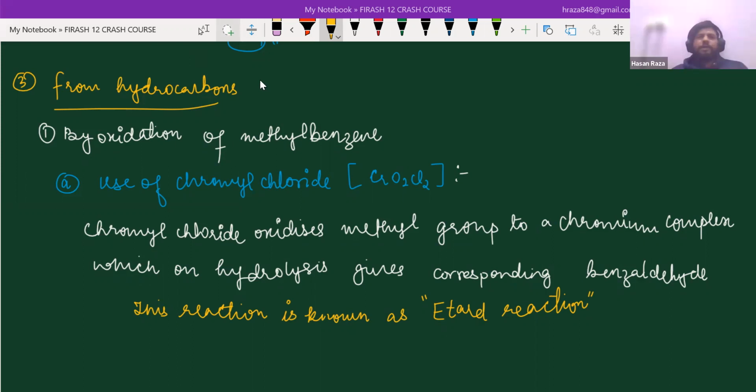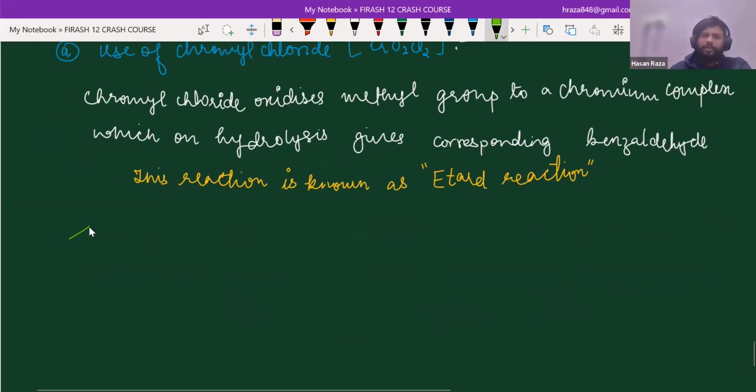Okay. Now see what will happen and how it's going to take place. It's very easy. There is a methyl benzene, and its common name is toluene. So this is your toluene, or you can say that this is methyl benzene. And if you are going to react this toluene